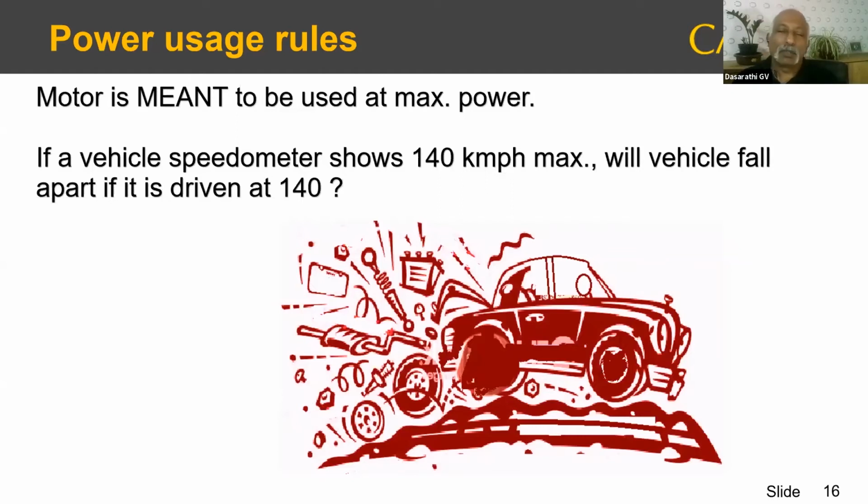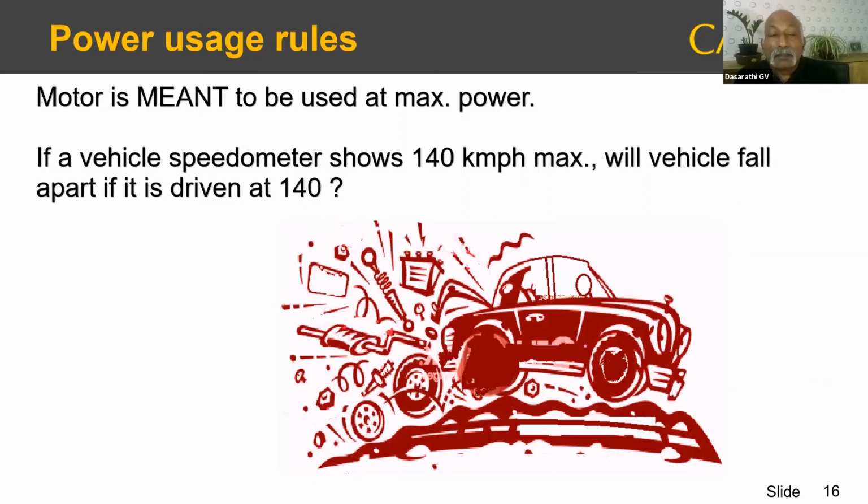The first thing: go to any shop floor, and like I told you, next time try this experiment. Ask the operator or the programmer, "This thing is running at only 30% power consumption and it's doing a roughing operation. Why are we only using 30%? Why can't we use the full power?" "No, sir, the motor will get damaged if you use the full power." That will be the answer. Always try this next time, right?